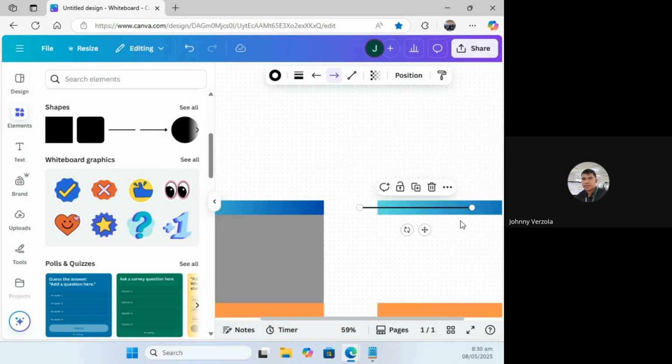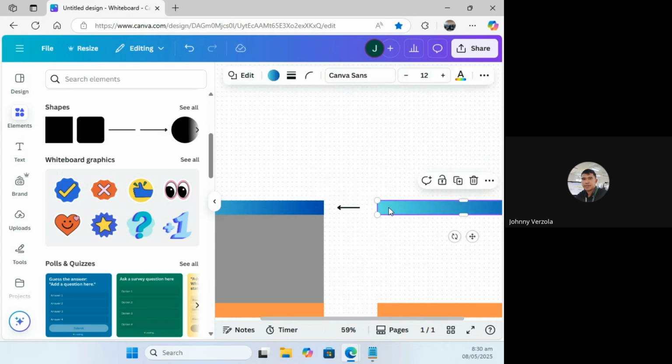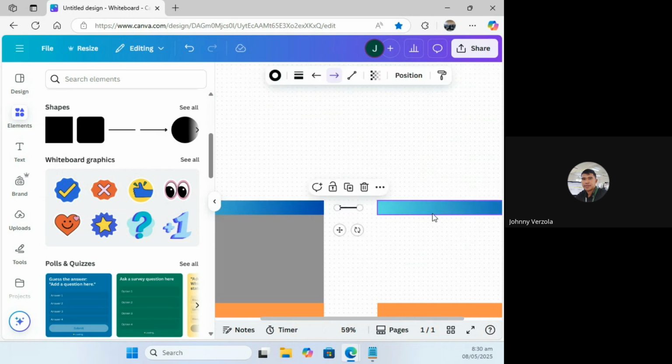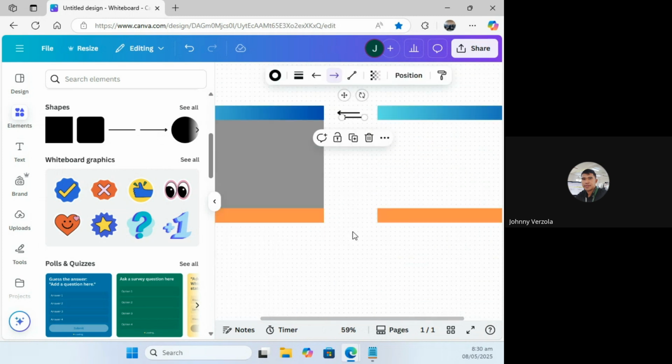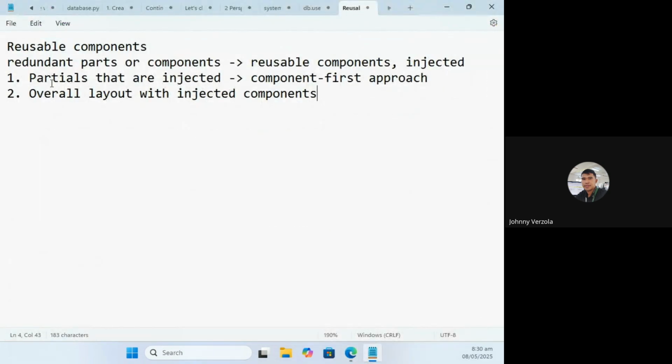So this is the component first approach. We're going to inject this toward that, but this is a separate file. Same is true with our bottom component, which is the profile. We are just injecting them. So this corresponds to the partials that are injected to the overall layout.